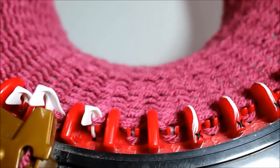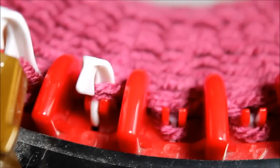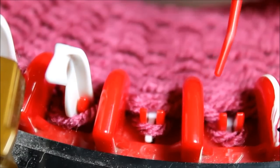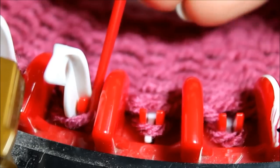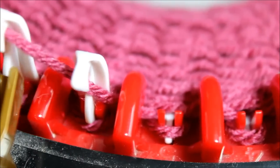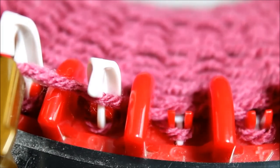Now this one is the one that we had the problem with, so I'm going to zoom in on how to fix it. Okay, so what you're going to do is bring it up till that little belly on the needle pushes them down. Then typically I use my needle, and you're going to grab that top stitch. This is your working yarn. You can even take it out of the carriage, bring it out, see it's the working yarn. And you're just going to make sure that gets knitted. But remember I said before we go forward we have...